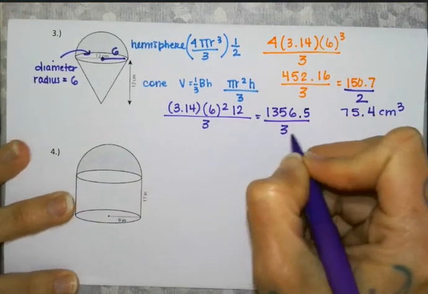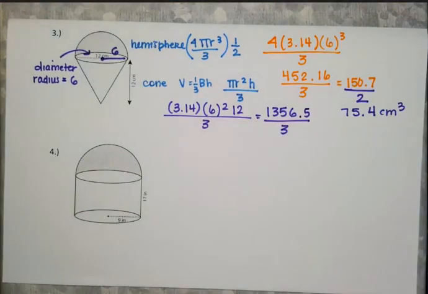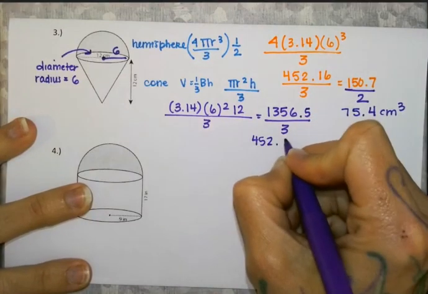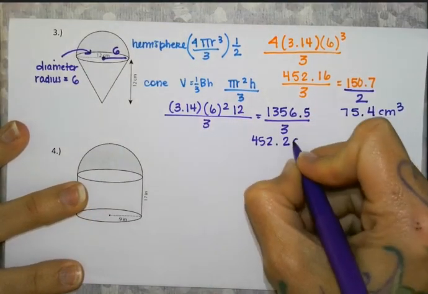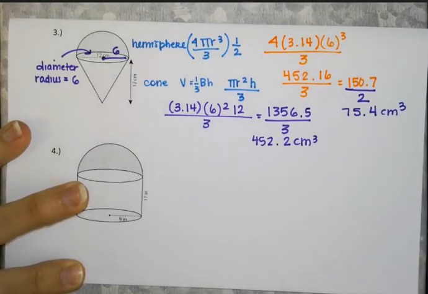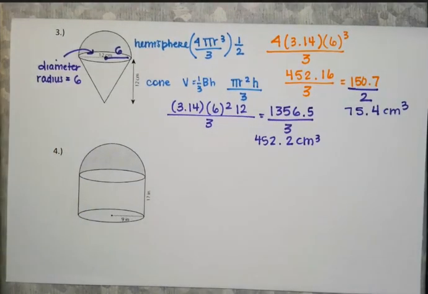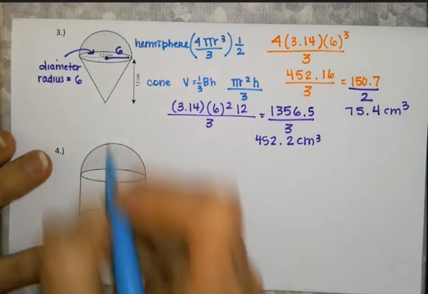Then we're going to divide by 3, and that's going to give us 452.16. That's going to be 0.2. Again, centimeters cubed. Both of these are great, but not the answer to the question, because I need to add those together. So 452.2 plus 75.4, and that's going to give us